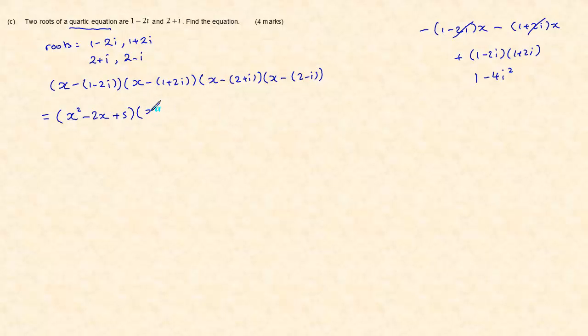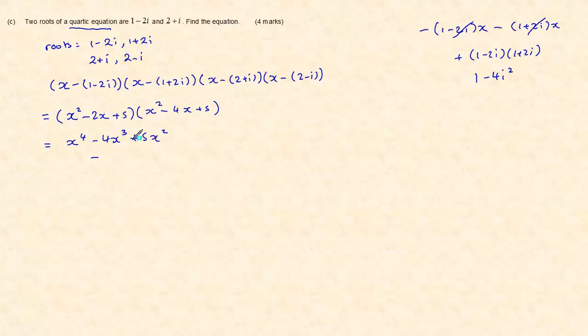And the same sort of thing here is going to give us x squared, take away 4x, plus 5. So if I just do x squared times everything here, I get x to the 4 minus 4x cubed plus 5x squared. Then the minus 2x times everything, so that's going to give me